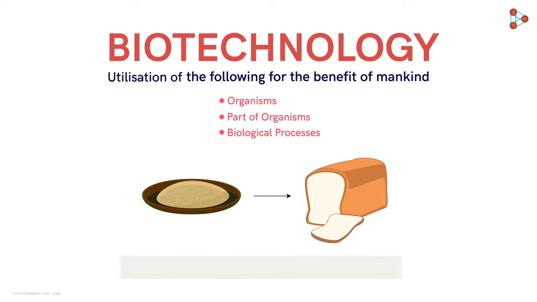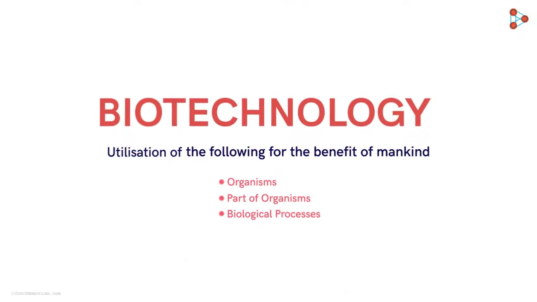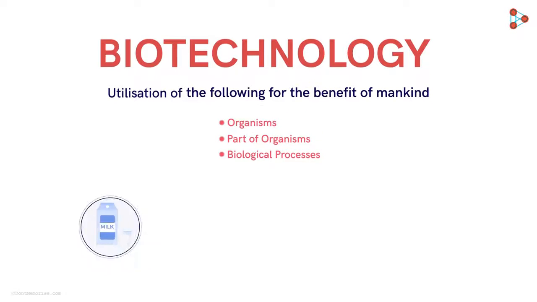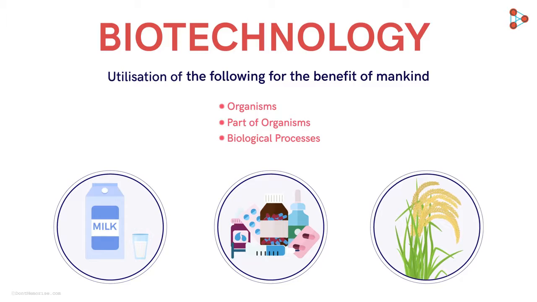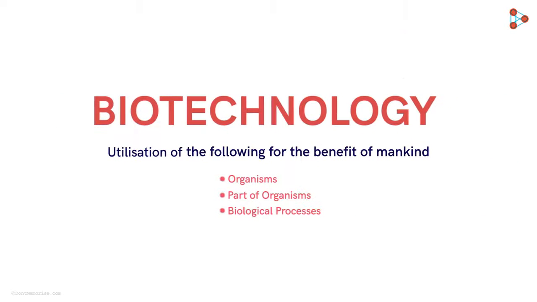Well, kind of. Processes like fermentation are considered a part of classical biotechnology as they include the utilization of organisms. Thus, obtaining products for human benefit like food items, medicines, hybrid crops, and so on are all possible due to biotechnology. Thus, there are numerous applications of biotechnology. Now let's have a look at a few examples to understand how wide the field is.